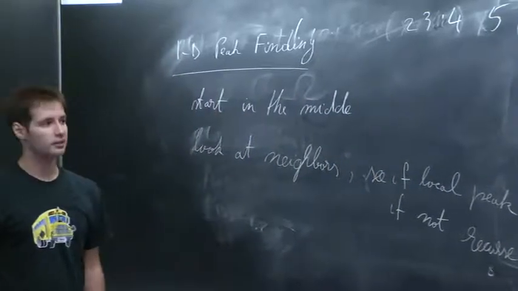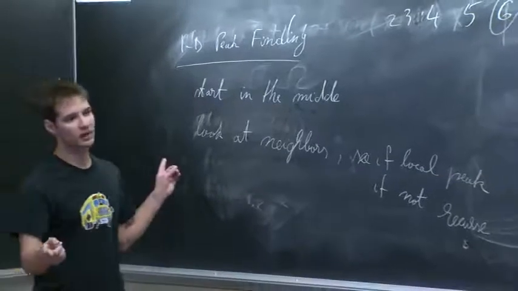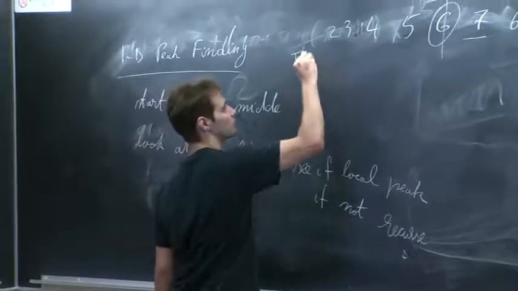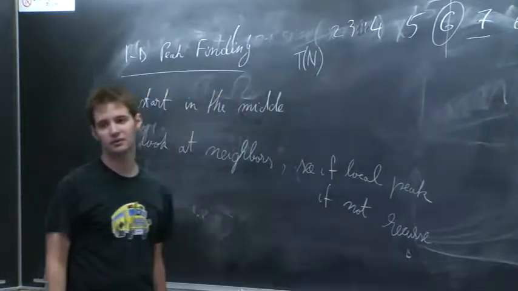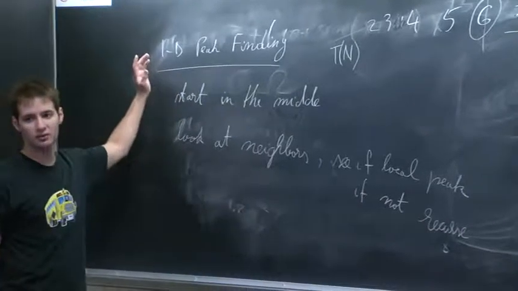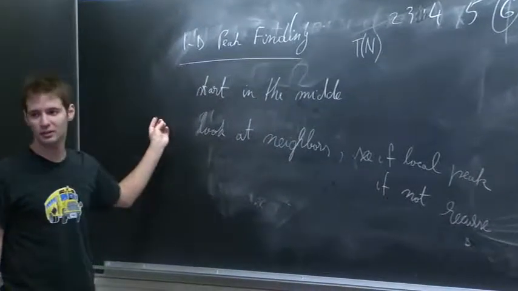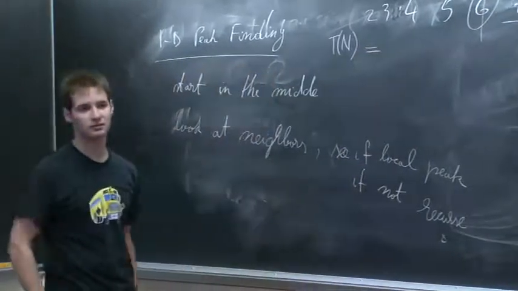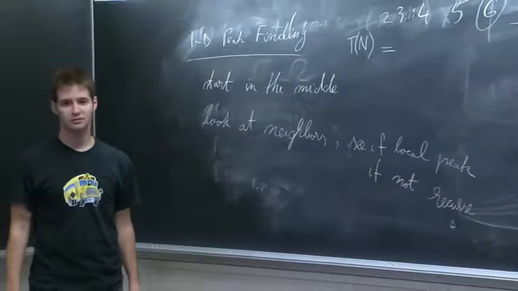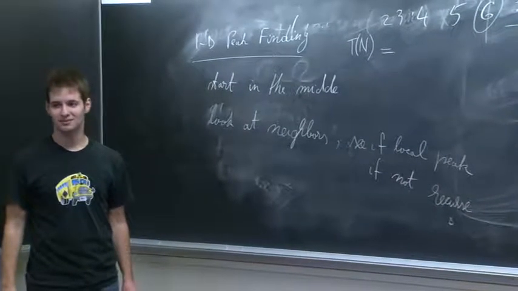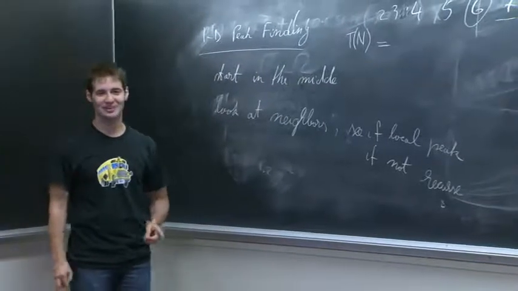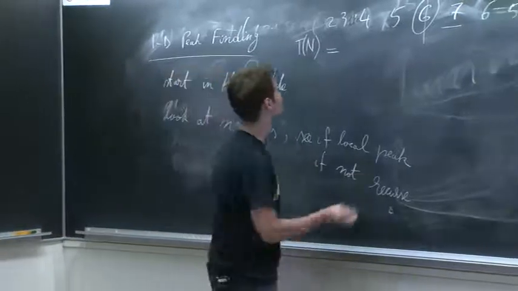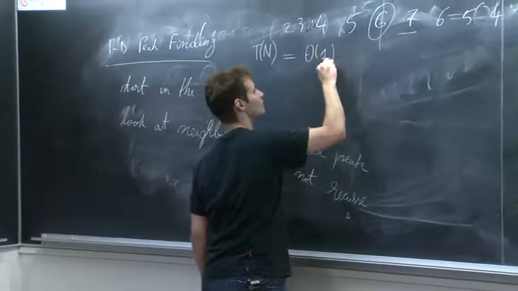So what's the running time for this? Suppose I have n elements to start with. That's my array size. I will use t of n as my running time. So to figure out the running time for the whole algorithm, I have to look at the running time for each step and add them up, right? What's the running time for the first step? Look in the middle. One. I would not say it's 0. I still have to look at it. Or to be on the safe side, you say theta of 1. It's a constant.